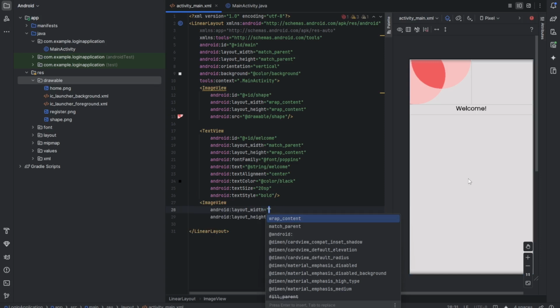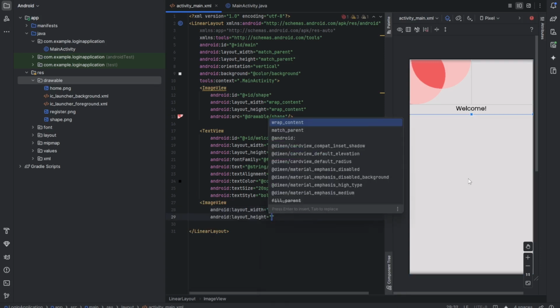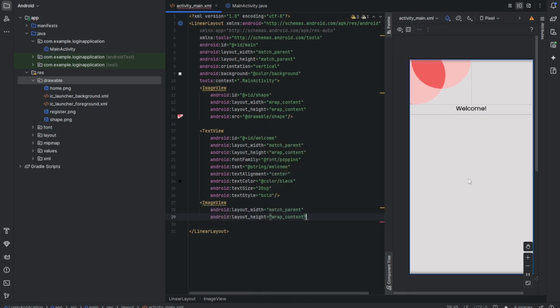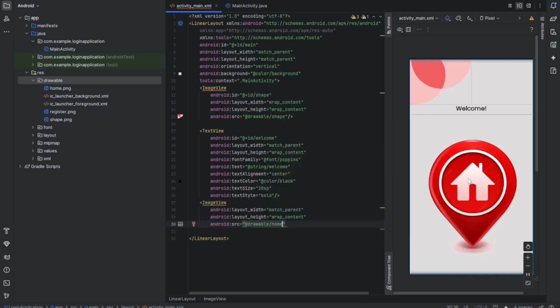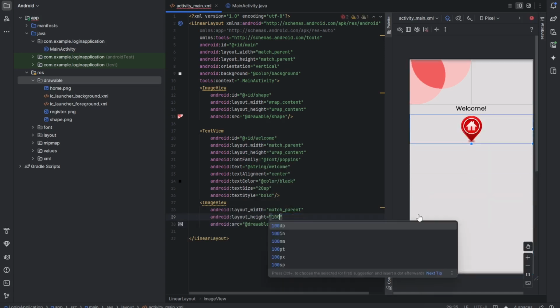This one is going to be match parent, and this one you're going to give it a specific. So let's just put wrap content for now, then you're going to see what is the best size for it. So src, so home, yeah, you see that it becomes big, so we're going to try and change. So you can try 100, it's too small. 200, yeah, 200, can do like 205